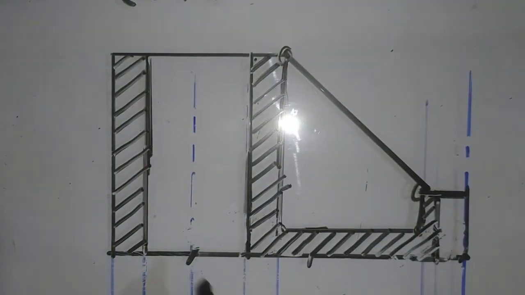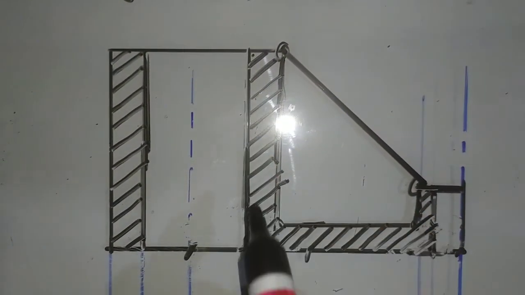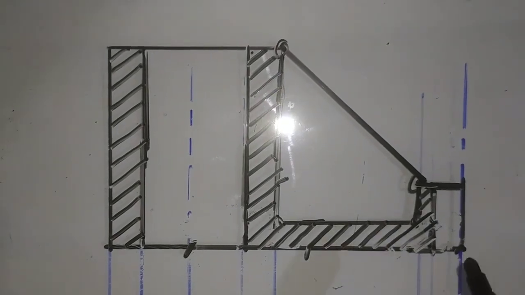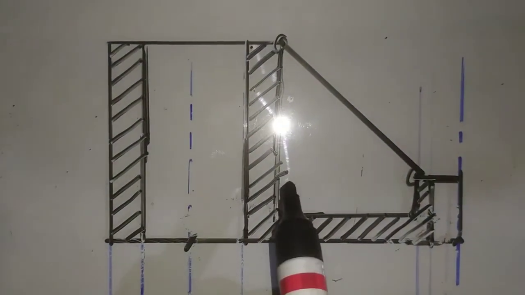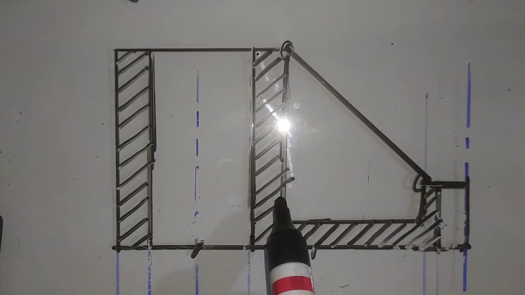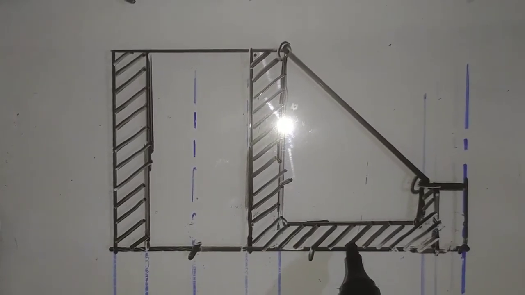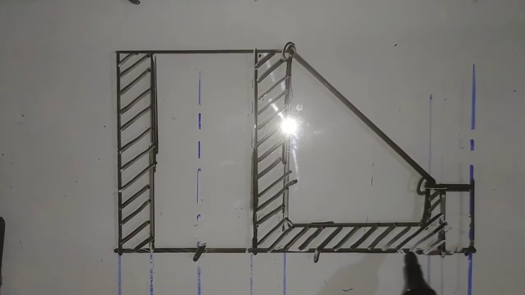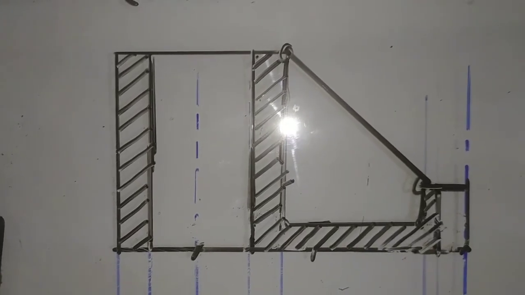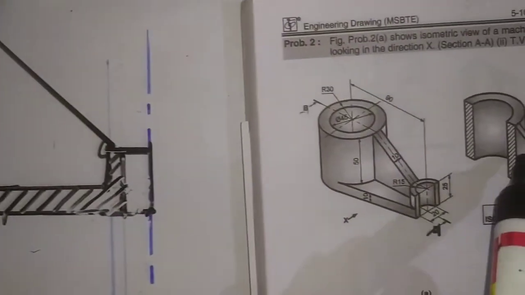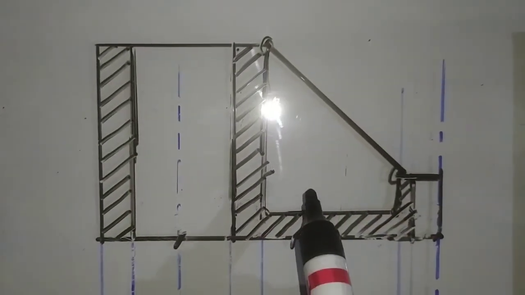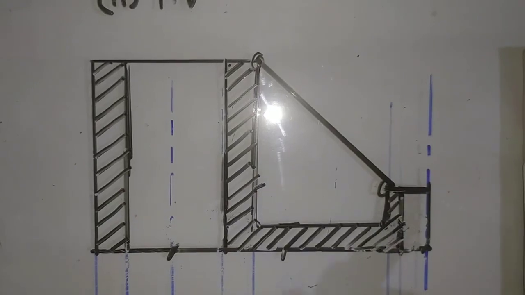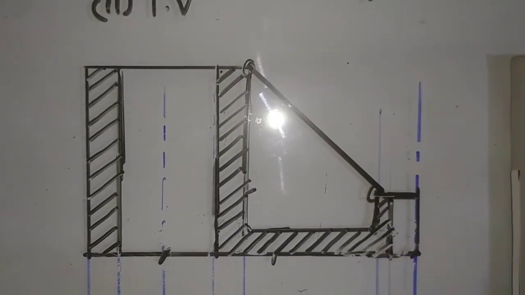Now I have shown the section line here. I have not shown the section line on the hollow part. The dotted line is converted into dark line and common contact line. This is cylinder. This is a base plate. Here the common line between the two parts is cut. That forms the continuous line. Here it is seen continuous like this after cutting. The same way is shown here. For the rib we do not draw the section line, and this is our figure.